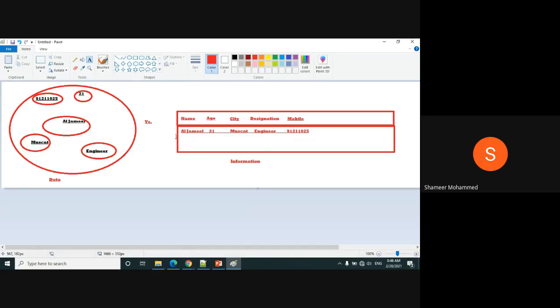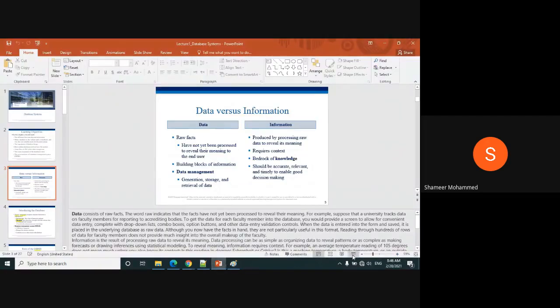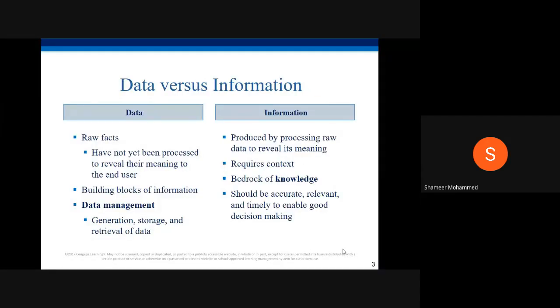What is the difference? Data is just some raw data, which is not having any relationship, which is just ambiguous. It can be anything. But by taking this data, you are defining the meaning here. So that is what is given in your lecture here. What does data mean? Data is a raw fact, which is not yet processed to reveal the meaning to the user.